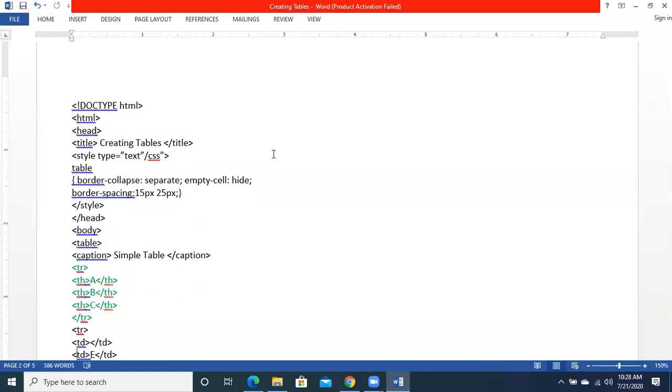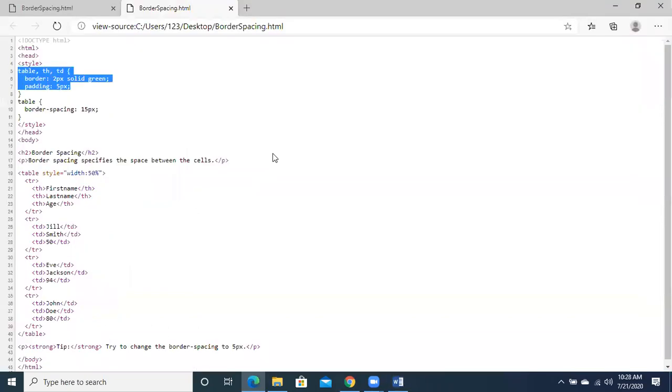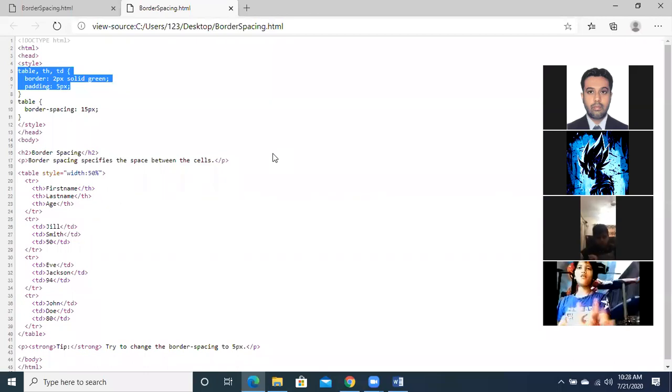It specifies the space between the border and the content in the table. What should be the distance in pixels between the border and the content? So padding defines the distance between the border and the content.